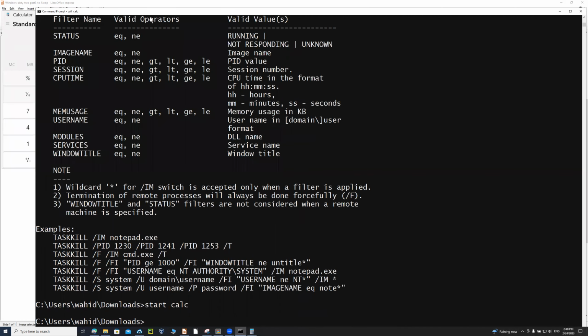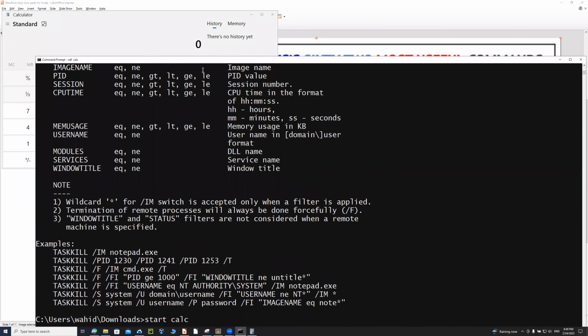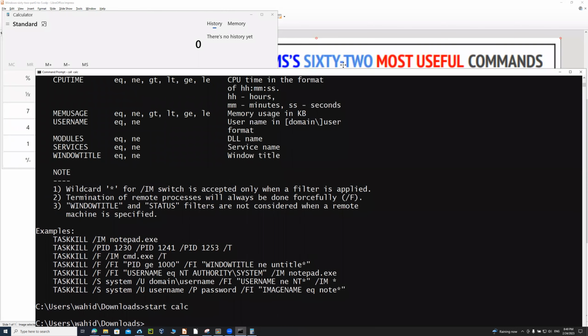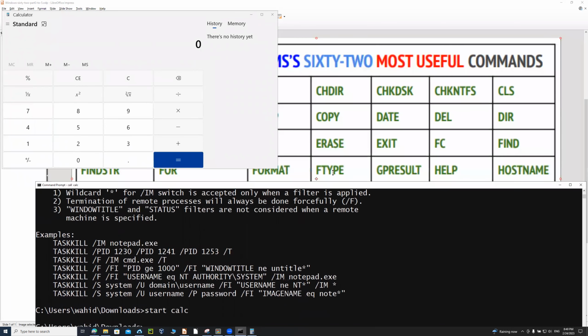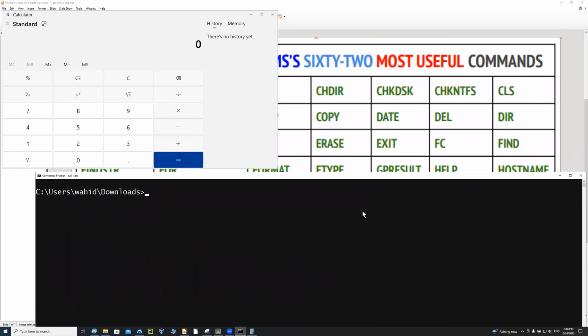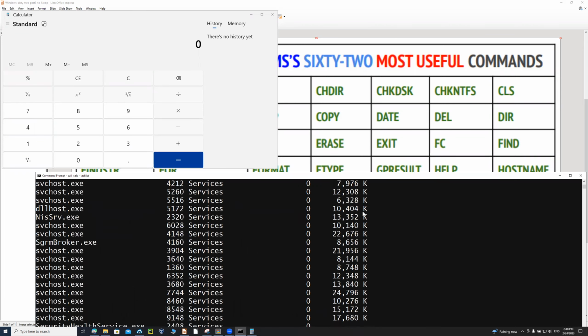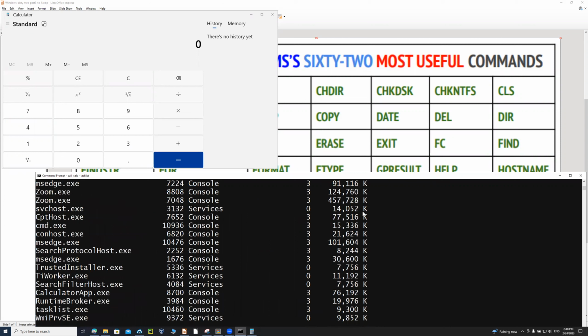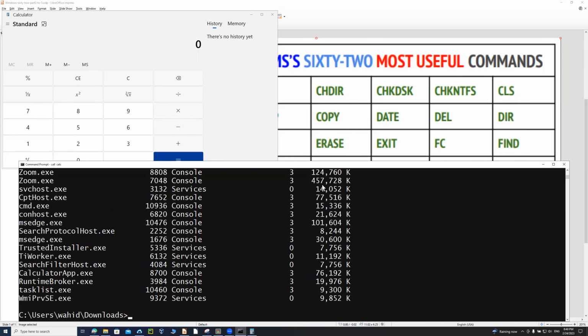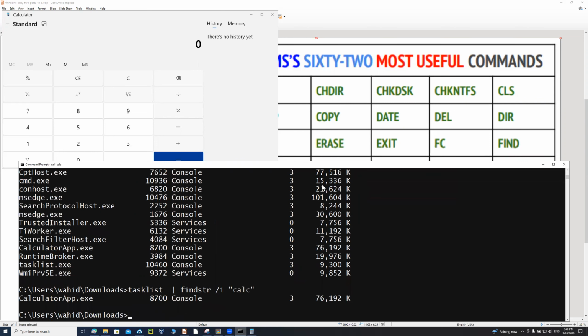And I'm going to move this window a little lower, and clear the screen. Then I'm going to say tasklist, and tasklist will give you all the tasks that are there. But I'm going to look for one of the tasks, find string /I and then calc. So the name is calc. Notice the process ID of that one is here,